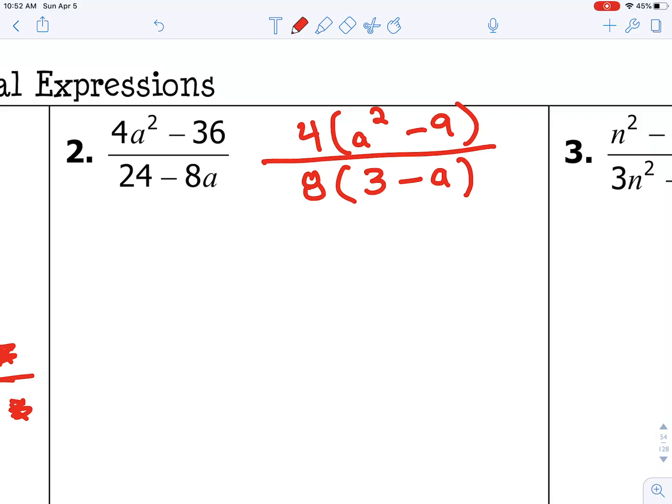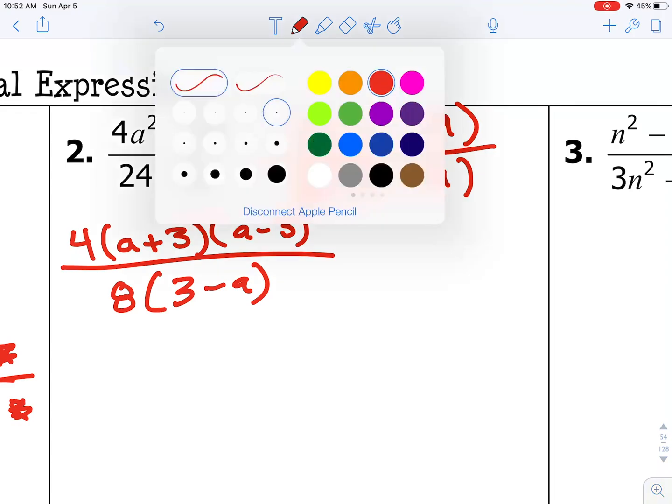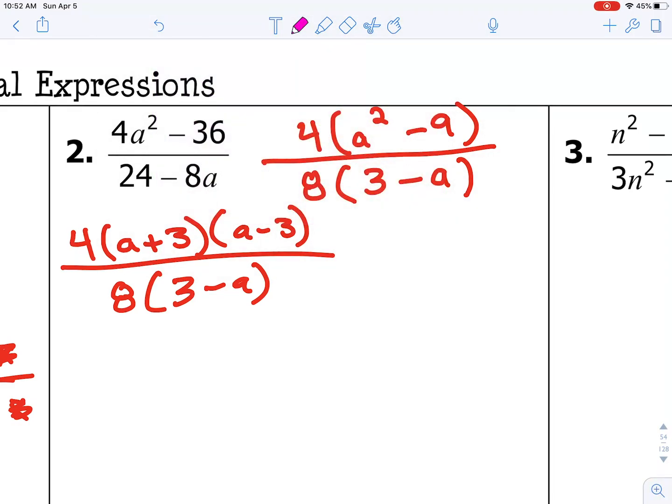If you recognize a squared minus 9, that is the difference of squares. So I'm going to have 4, a plus 3, a minus 3, all over my other one, which was 8 times 3 take away a. Now, if you remember from one of my earlier videos, a minus 3 and 3 minus a aren't the same thing, but there's a way that we can make them the same by factoring out a negative 1. So what I do with my denominator